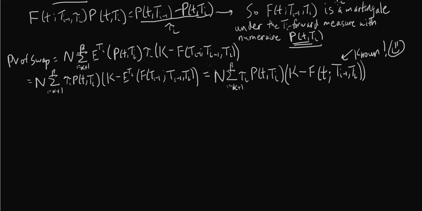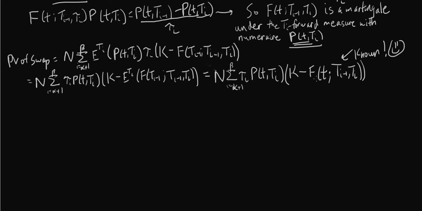Alright, so in the previous video we just derived this beautiful formula for the present value of the swap, which basically expresses it as the notional times the sum of the discounted cash flows, where this zero coupon bond price expressed at time Ti is the discount factor, and you're subtracting this difference in rates, where from the point of view of a receiver swap, since that's what we're assuming,